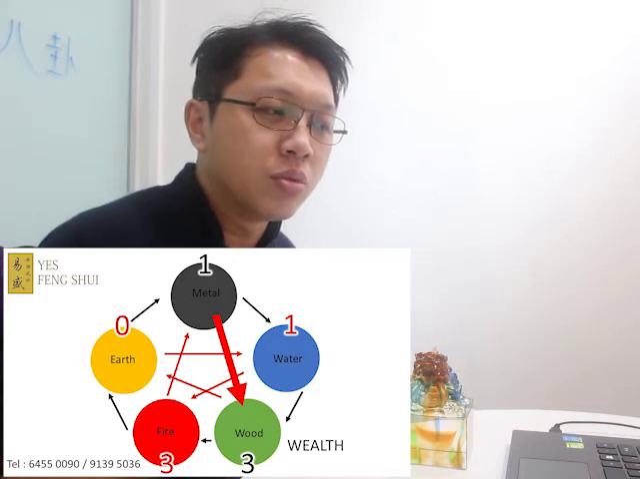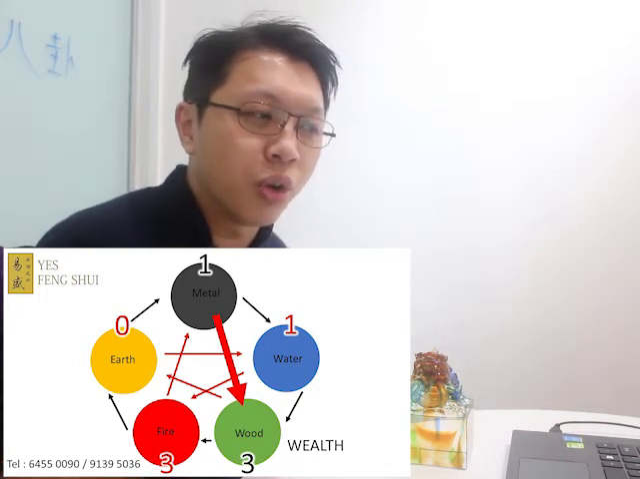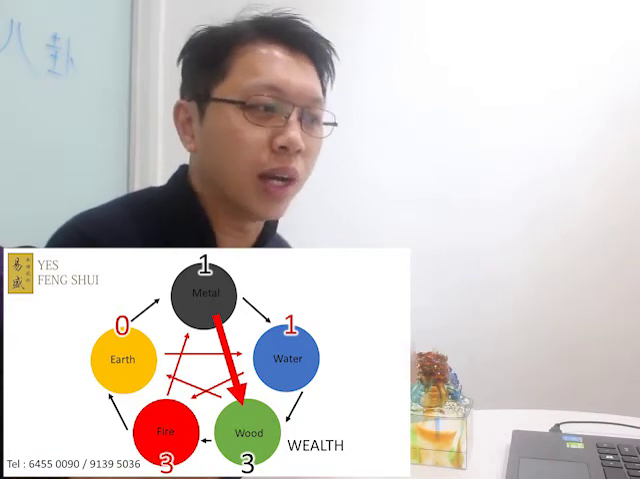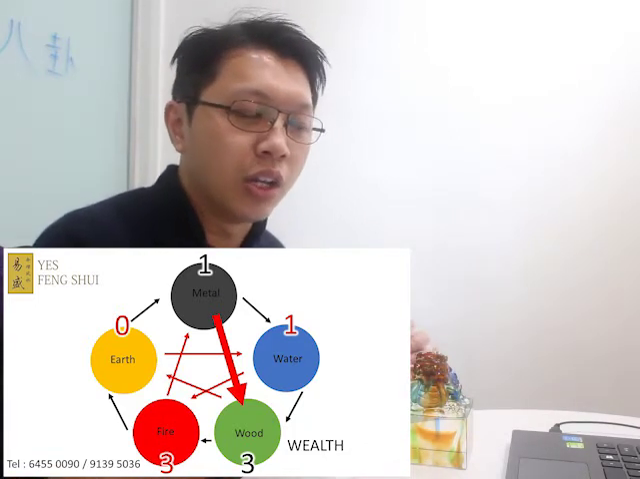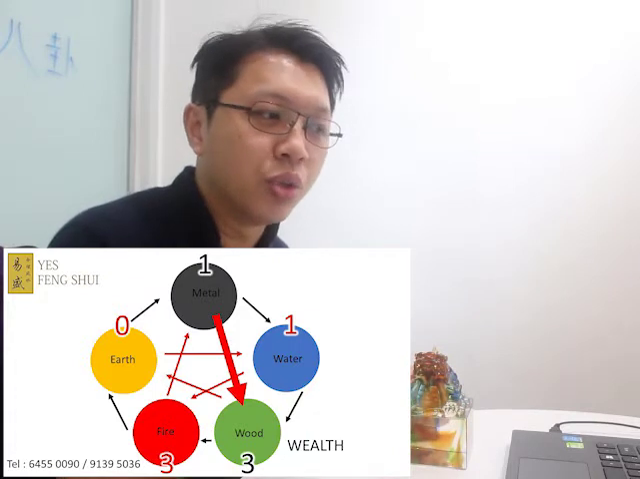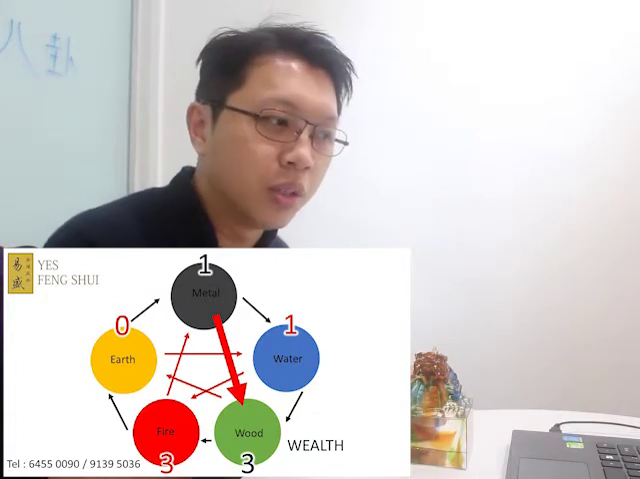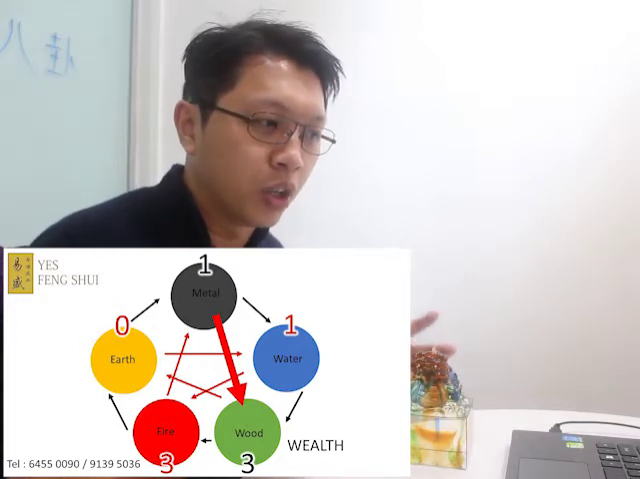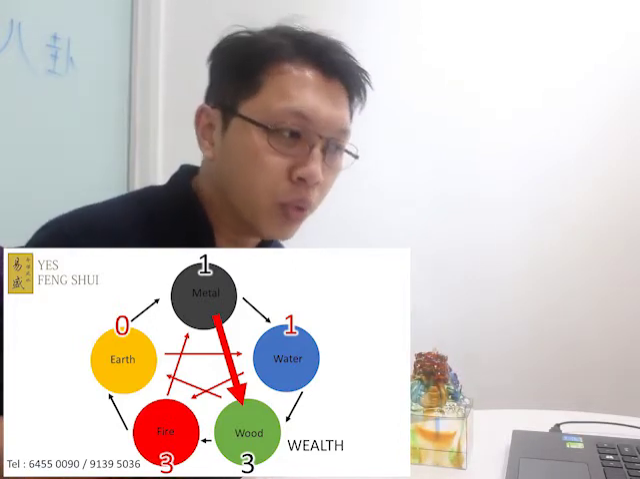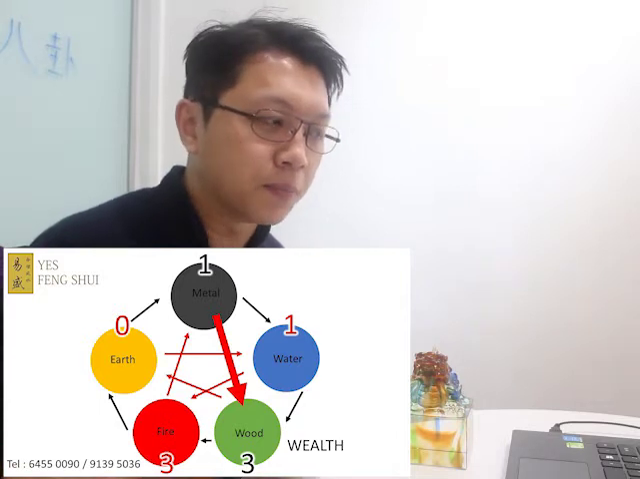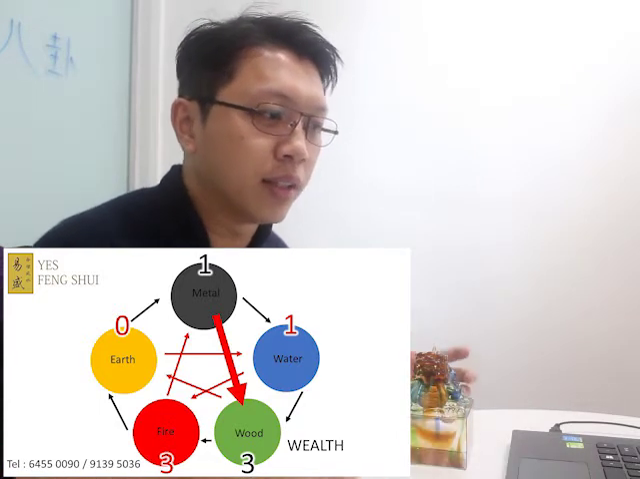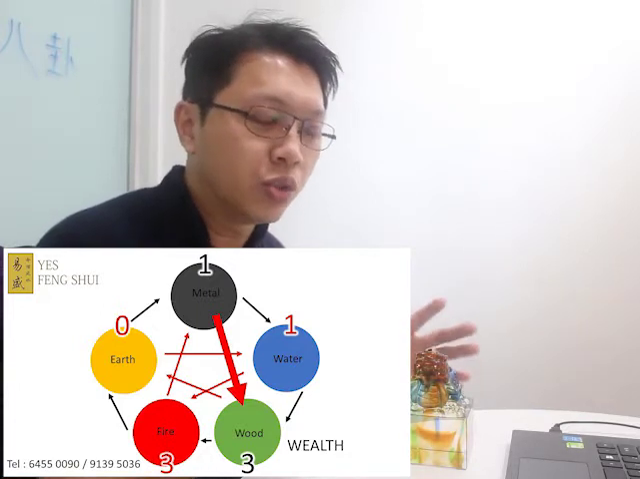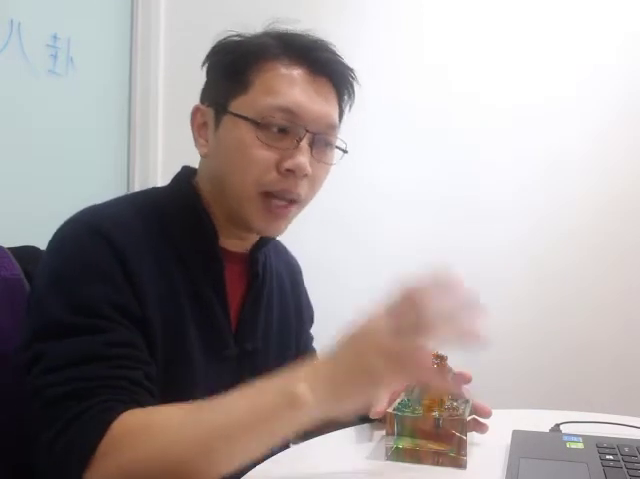But not every method works for everyone. There's no one solution to fix everyone's life. So we need to understand the 八字. Only by understanding the 八字 can you know which way, how, and what kind of auspicious item can help boost your wealth sector. This is actually something very simple, a very short clip, just to let you understand that in your 八字,